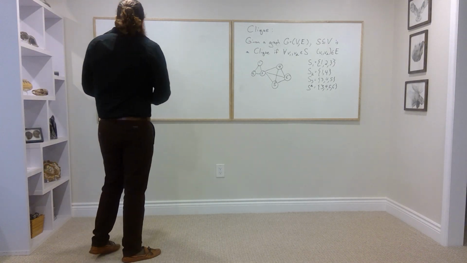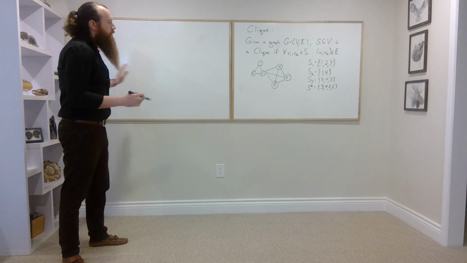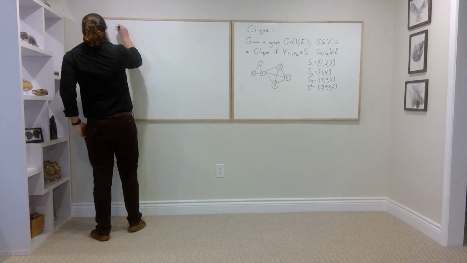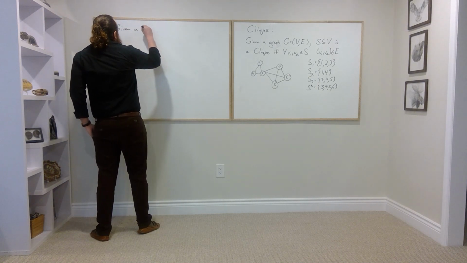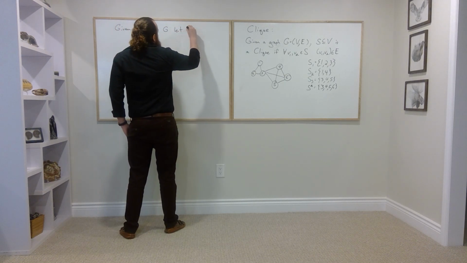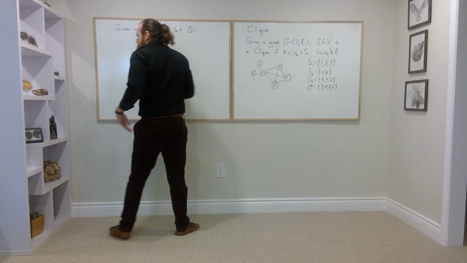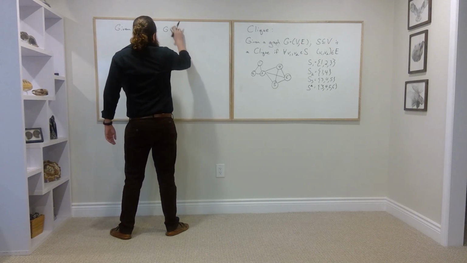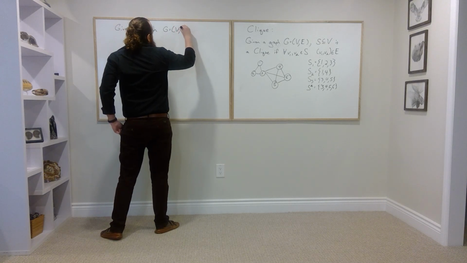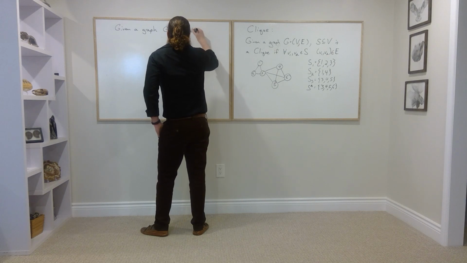Okay. So before we get into the reductions and trying to fit clique into this hierarchy that we had, I'm going to define one more construct. Given a graph G, I'll call this G bar. And I should be explicit with this graph here. What does it equal? It's V, E. So, given a graph G, let G bar